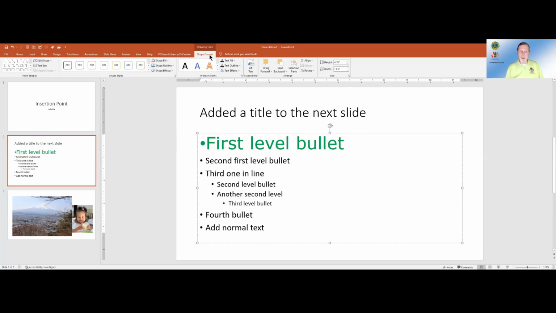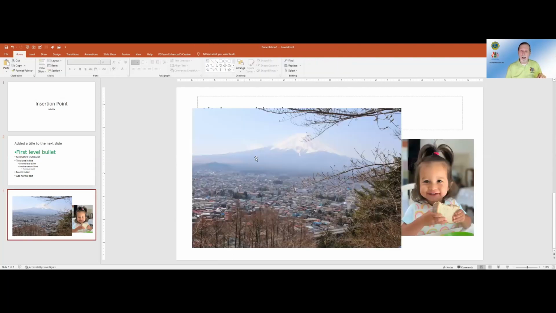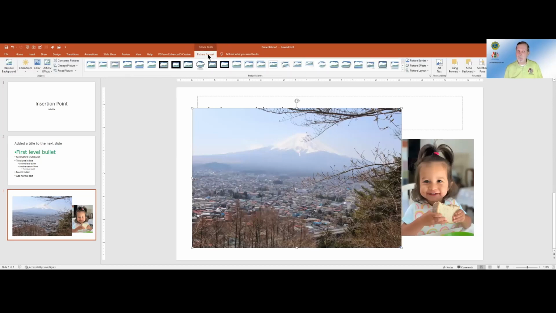Again, allow me to illustrate. I'm in a text box, this Shape Format tab. Yeah, this is considered to be a shape. I know, kind of rectangular, but it's a shape. And there are a whole lot of tools that control just that object. If I click back over in slide number 3, and then click on one of the pictures, I have a different context-sensitive tab up here, and the contents of that is substantially different than for the text. Again, these are tools dedicated to working with a picture.